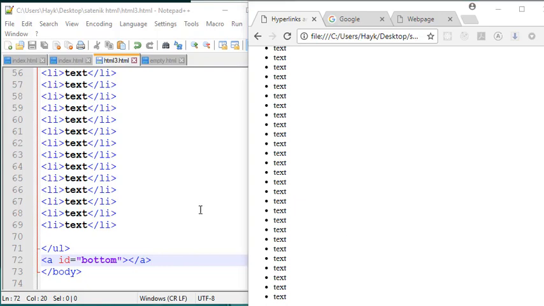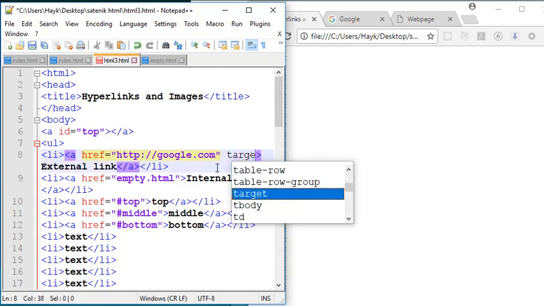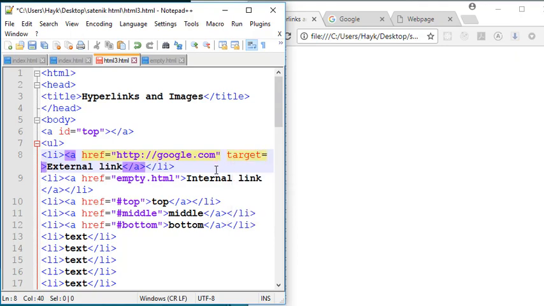And so let's continue. Let's go back up to the top of our file, and so in the first A tag, let's add in another attribute besides our href attribute. So just after your URL, you're going to type in target, and so this is basically the target location, if you know what I mean. And so we're going to give it the value. First of all, let's add in an equal sign and 2 quotation marks, and let's add in the value underscore